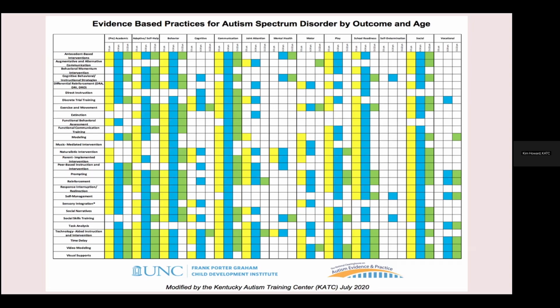I can look down the list. I can see on that left side a whole list of evidence-based practices, and I can choose the ones that are appropriate and functional for my student. I think there's 27 or 28, and some of these have other evidence-based practices tucked inside of them. I'm never going to put all of them into one student's IEP. That would be overwhelming to me and to everyone else. But I'm going to select the ones that are most appropriate to what that student's goals are, and what is doable and realistic for me and my school setting.